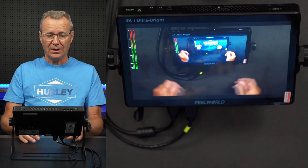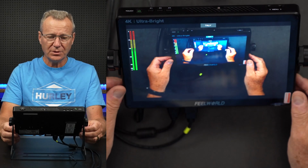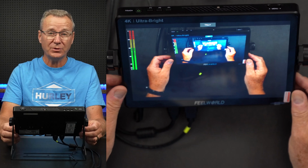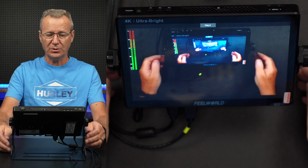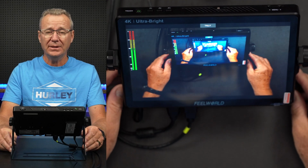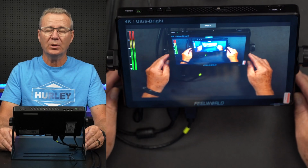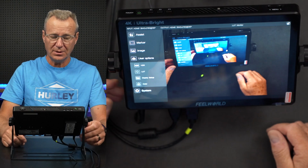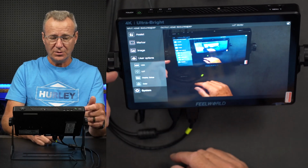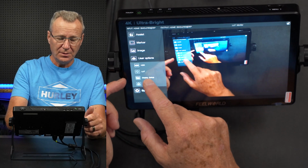So really cool. I wouldn't say this is a professional grade piece of equipment, but for YouTubers, for what I'm going to be using it for, ideally I was looking for something that might allow me to replace this big, kind of clunky 21-inch monitor that I've got down here under my main camera. And so, just to continue on here, HDR, LUTs, display setup,